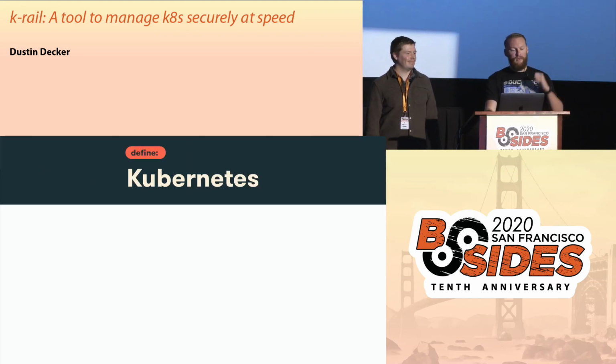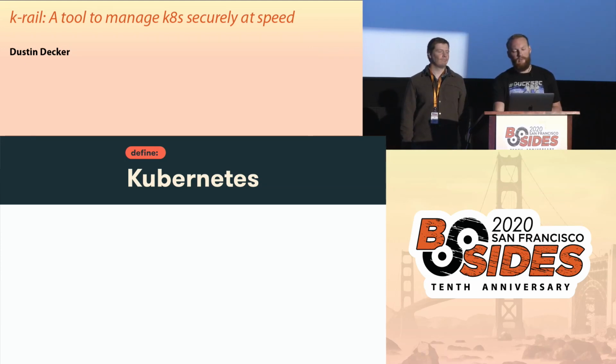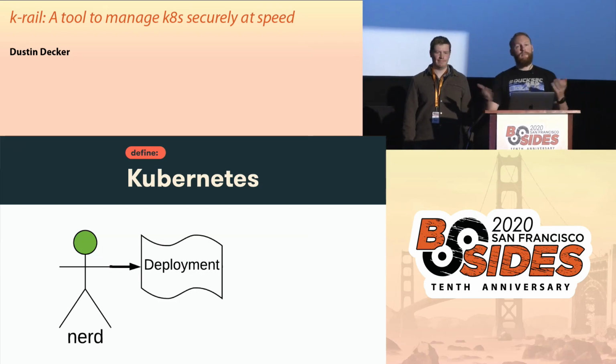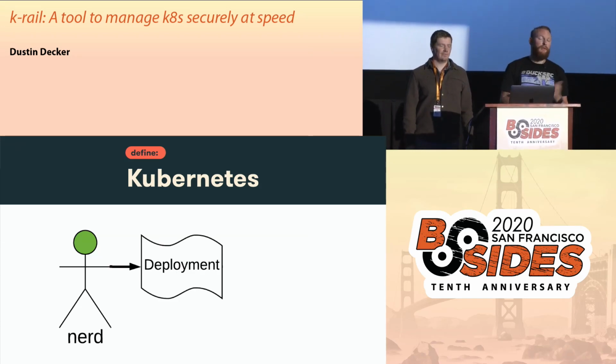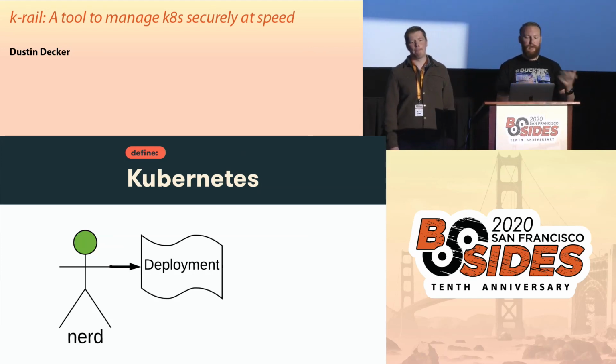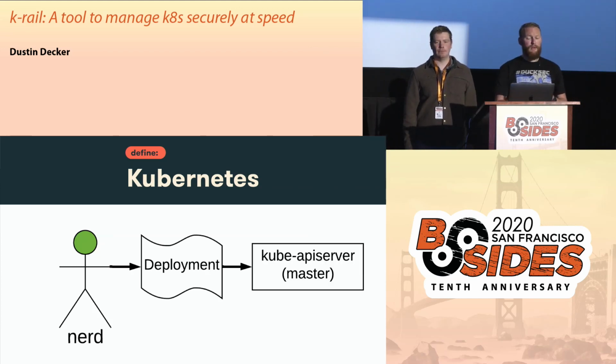So we'll break it down to very, very basic first principles, the only knowledge you really need to know for this talk. Here, we have a nerd. This nerd would like to make a deployment. And so they make a deployment file, which is typically a YAML file, that describes, this is a pod, this is the image that we want, and here's some metadata around it, such as how many replicas we want. And then that deployment is passed on to the API server. And that's how deployments work with Kubernetes effectively.